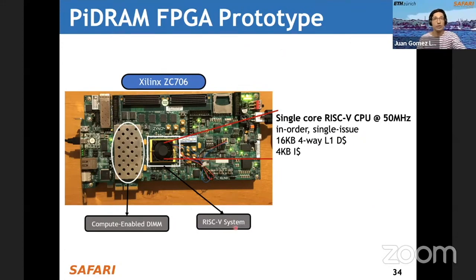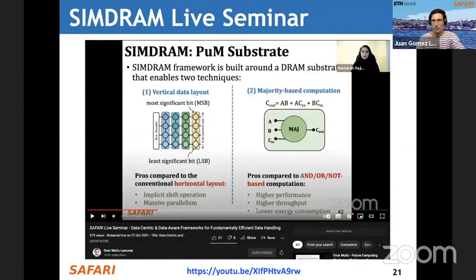In SyncDRAM, just very briefly, you mentioned as well the transposition unit. This transposition unit in SyncDRAM, as we will see next Thursday, is in the memory controller. You could also implement that in the FPGA, right, near the memory controller. Yes, assuming that there are enough resources, of course, in the FPGA. Sure. Okay, very good. It's probably not the only way of doing transposition as well.